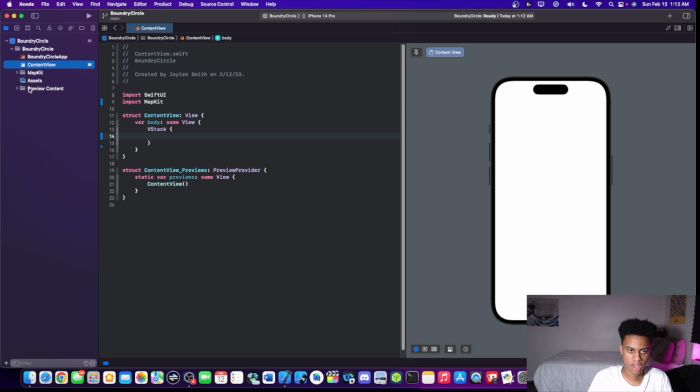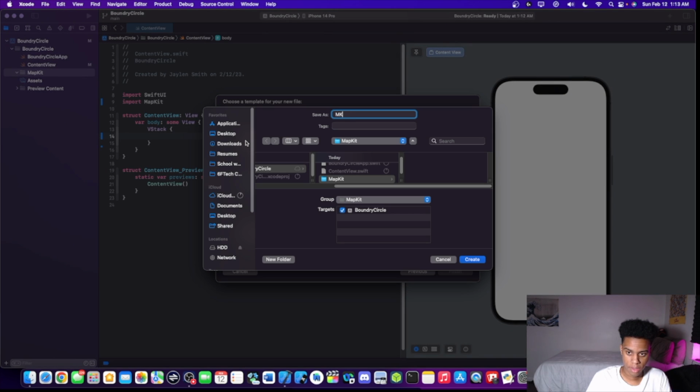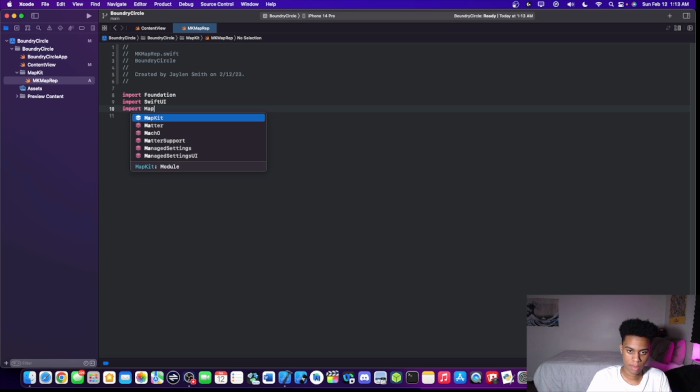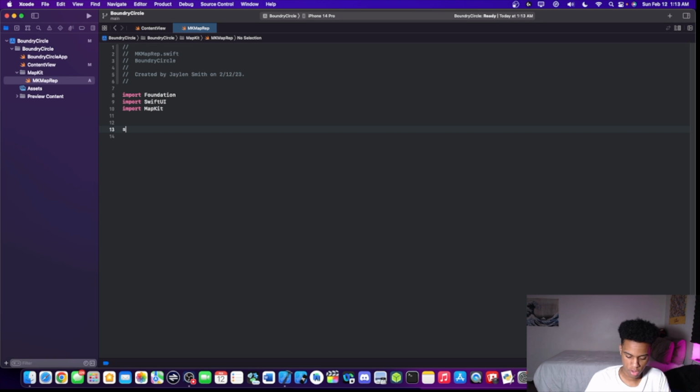And then we still have the main ContentView, so we can go right in MapKit, create a new file. We could just say MKMapRep. I'm going to just say that. So first thing, since we're going to be using SwiftUI and UIKit together, we're going to get SwiftUI in, and then we can get MapKit right in as well. So we're going to create a struct, once again called MKMapRep,